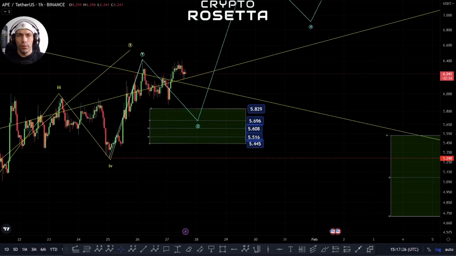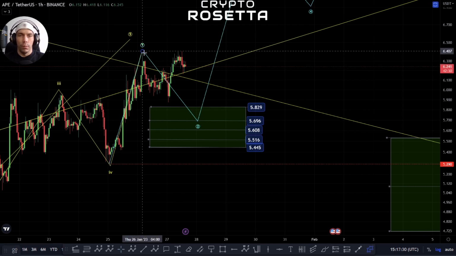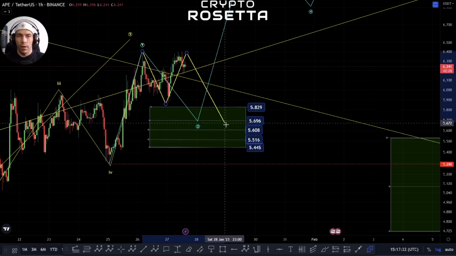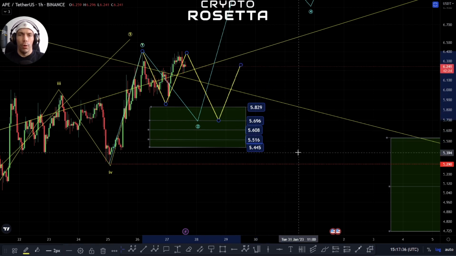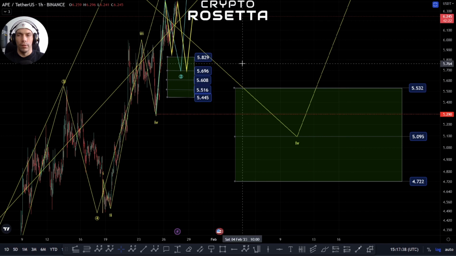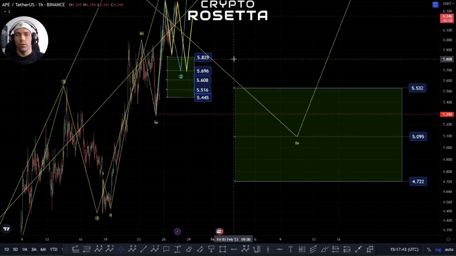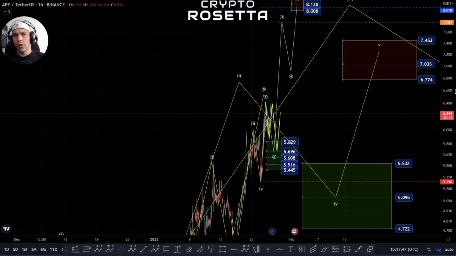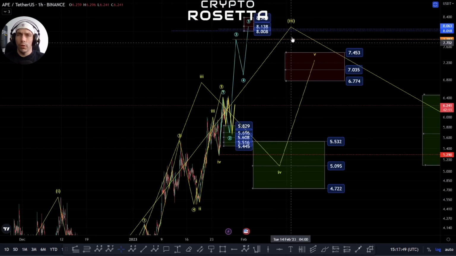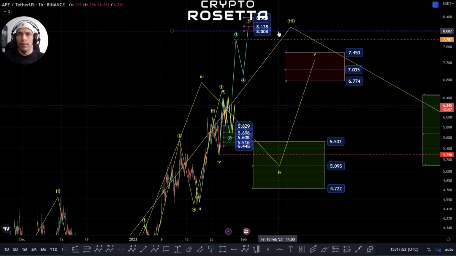However, it is also possible that this move could reject to the downside and then basically form something like this, where we look at this as an ABC. We come back up for another B wave, and then we actually look to push lower. And that lower target zone, like I said, would be this 532 to this 4722 zone. So we need to sort of watch how this develops, because we're trying to see if we can get up to this third wave target area here, and that's at this